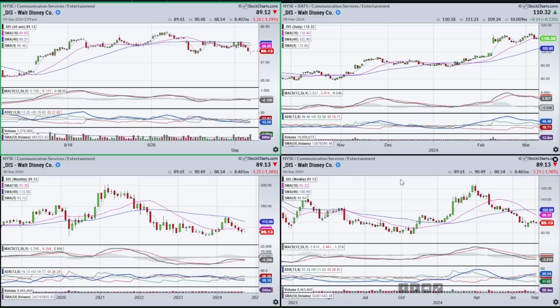I've got the chart of Disney up. In fact, I've got my grid with 4 time frames. All right, we've got a monthly in the bottom left, weekly bottom right, daily in the upper right, and an hourly in the upper left. Now, I want to focus in on the weekly and the daily, but I do want to talk about how